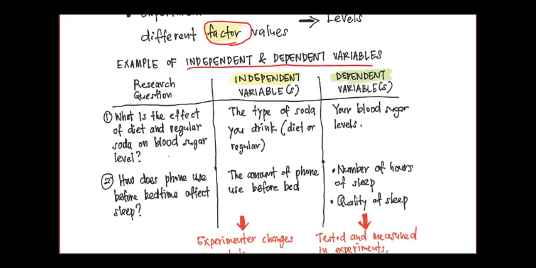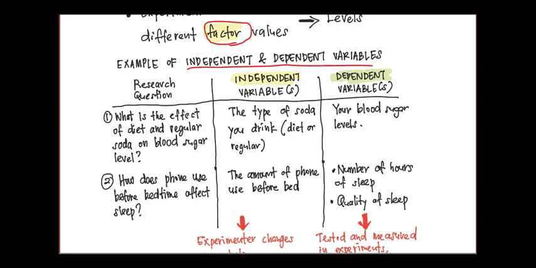As you can see here, we are going to study the effect of some variables on other variables. Blood sugar is one variable. We are going to see how it will change, so we measure it. On the other hand, we have the diet and regular soda types, and this type of soda is the factor